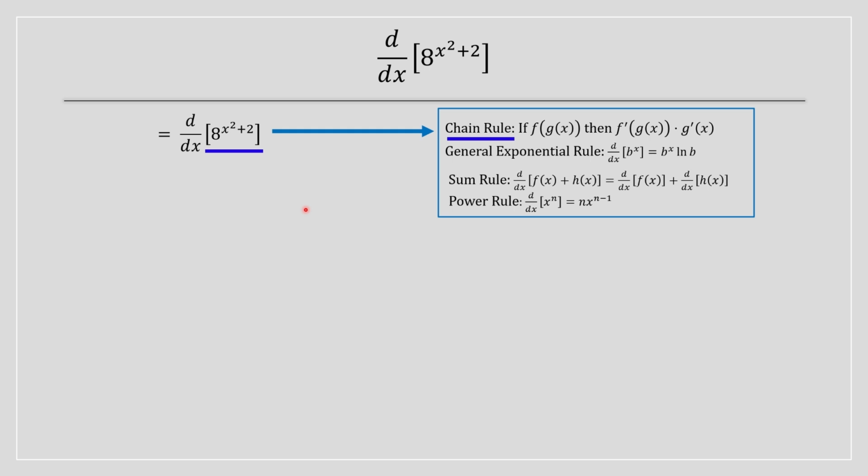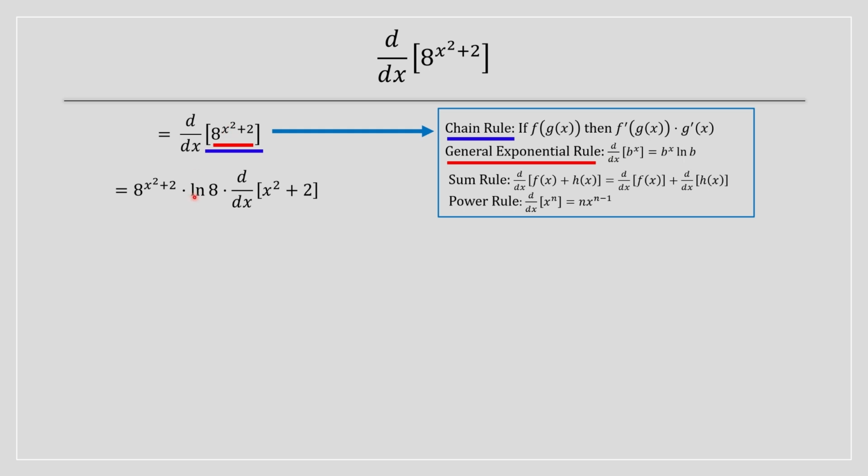As I mentioned previously, we're going to continue doing the format where we do the inside, then we do the outside, instead of substituting it by a u variable, which is the quicker way. So the first step is applying the general exponential rule because we're doing the outside function. And the outside function is 8, okay? So we apply it. Basically, we keep the base 8, and after we keep the top portion,